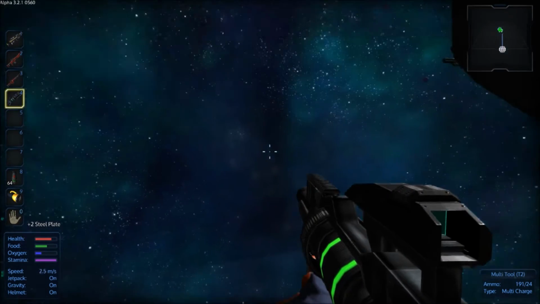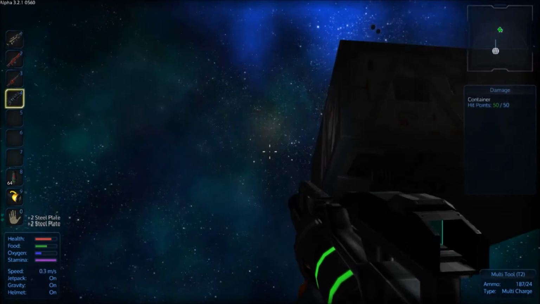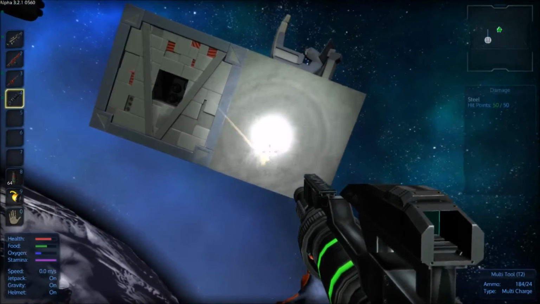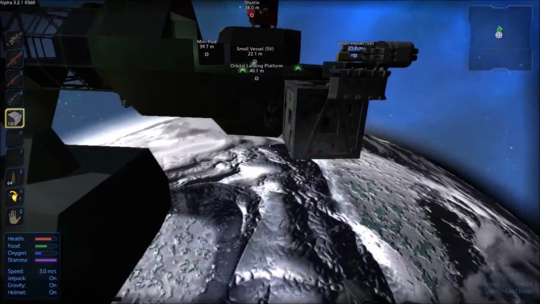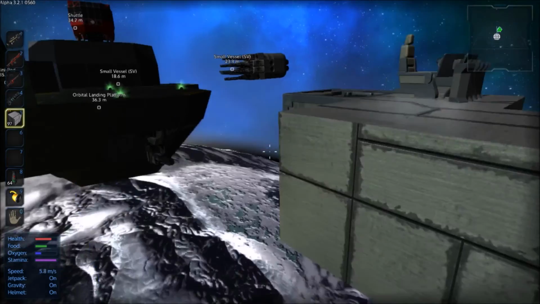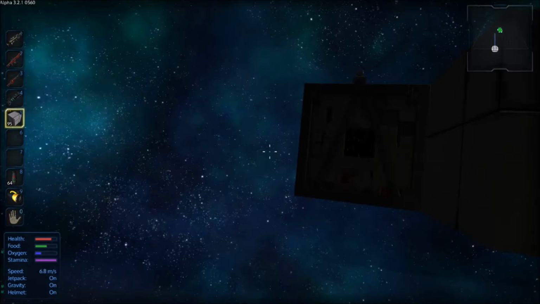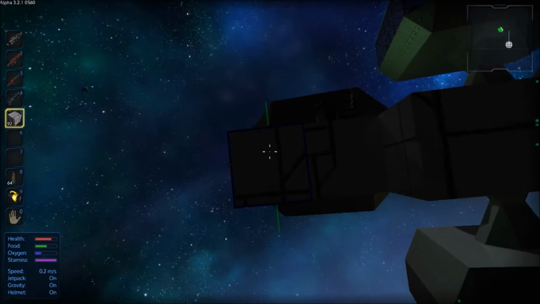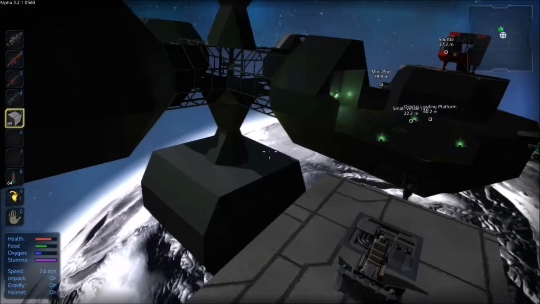Alright, I've finally got enough stuff that I can start remaking the drop base. But first, I need to get rid of all this. And replace it with combat steel. Now, if I can remember the dimensions of the ship,